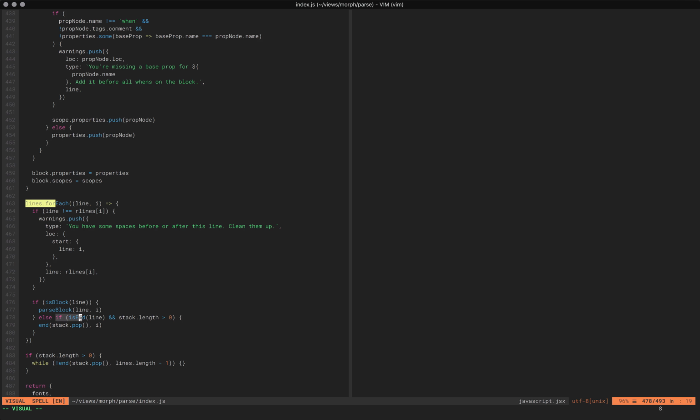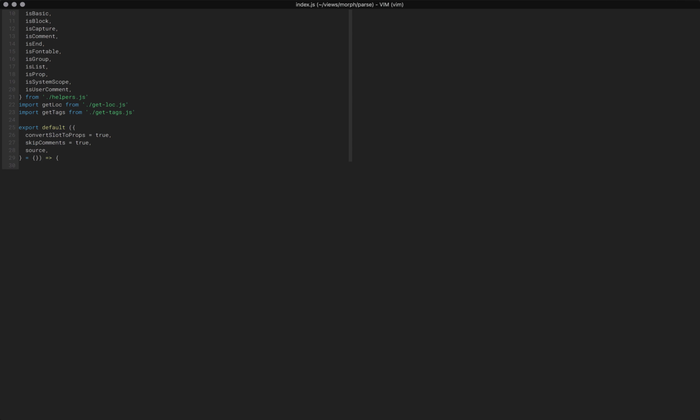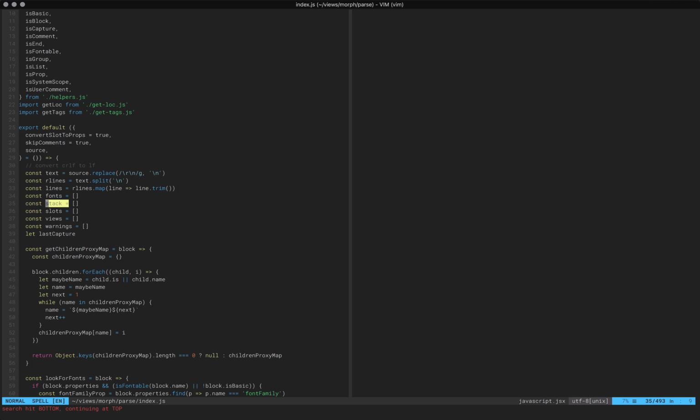Otherwise, check if we are at the end, and if we aren't, then just get that block out of a stack. A concept that I should probably explain here is that in Views we have this concept of a stack of views. So essentially, while we go picking up and understanding that there are views that were parsed, we go pushing them into a stack, and then we go getting them out of that stack to create the actual views